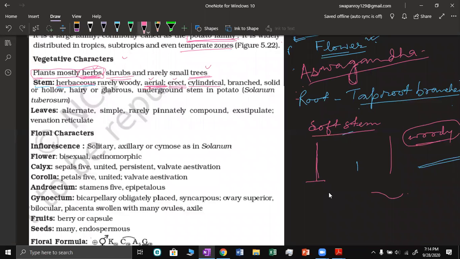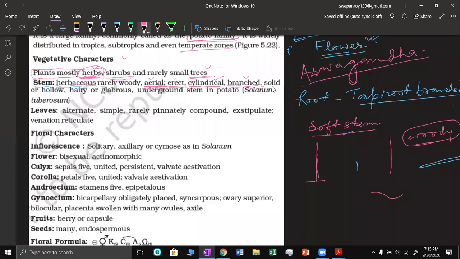There are branched and unbranched stems. A coconut tree is unbranched; all the palms are unbranched. But in these plants, tomato, potato, brinjal, the stem is branched